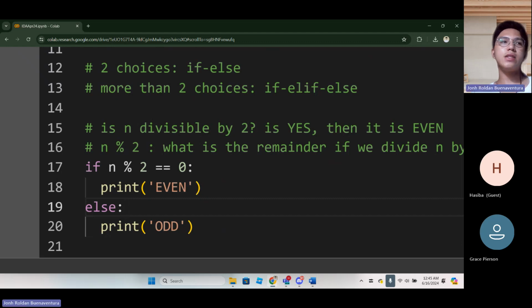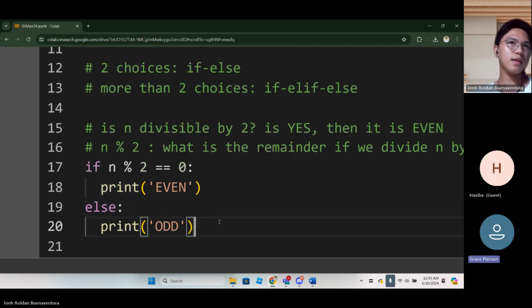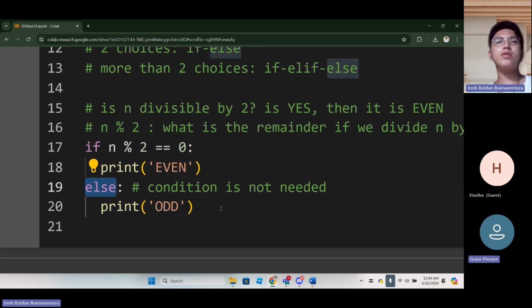Is everything clear at this? You don't have to print anything else at else, or you don't have to give a condition for else. Yes, for else, a condition is not required. It is not needed under the else. That's because it's binary, right? It's either true or not.